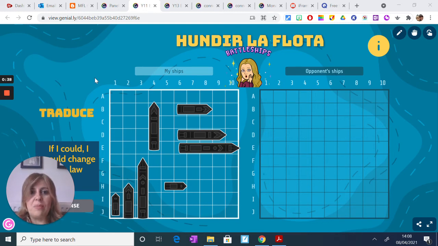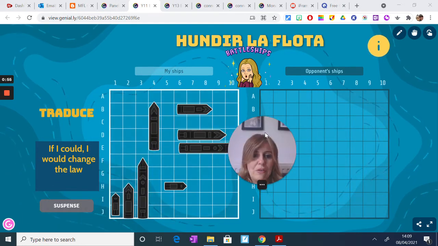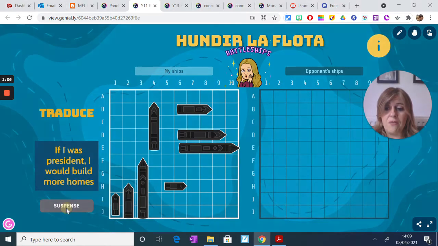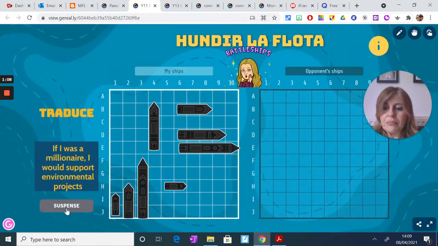I tend to get all my templates, unless I'm doing a presentation, from the gamification section in Genially. And this is one of the templates that you can get, La Flota, battleships basically. And this is how it comes. So you get all this already done and for free. The only thing you need to do, basically what I did in this one, is I added my photograph, my own Bitmoji, and I also added this little element here